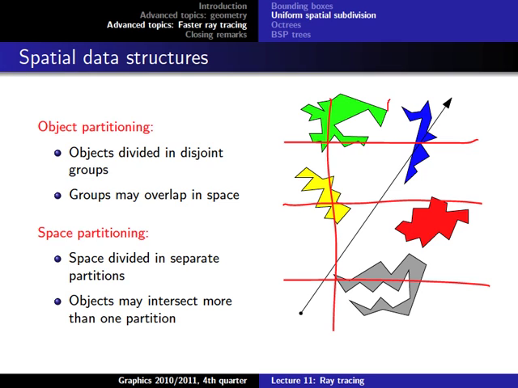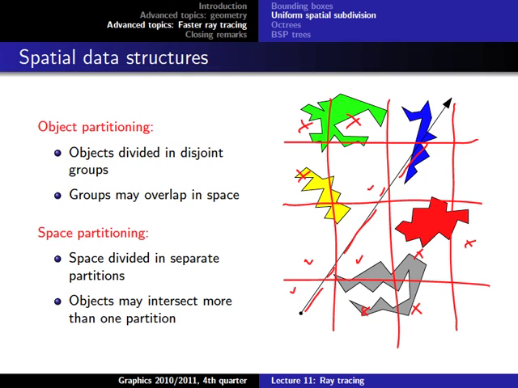So that should be equally sized cells here, because we're not considering the objects, we're considering the space. And then we can check which of those cells intersect with the ray, and these are of course these here. So we don't have to check for intersections in these cells because they don't intersect with the ray anyhow, but we only have to check these ones here and then do an intersection check with the objects that are in